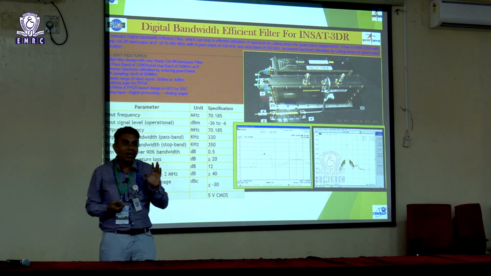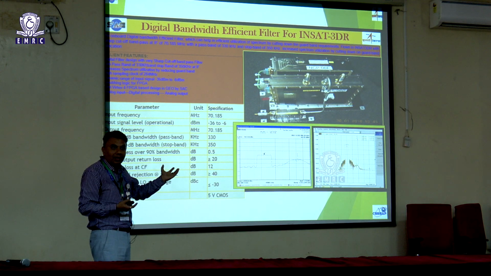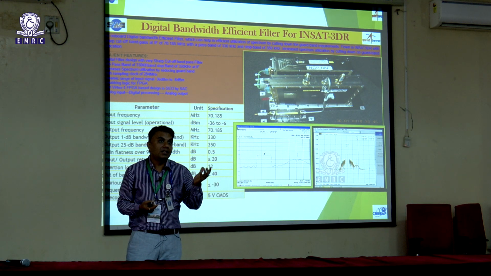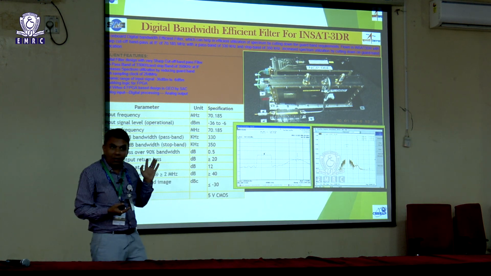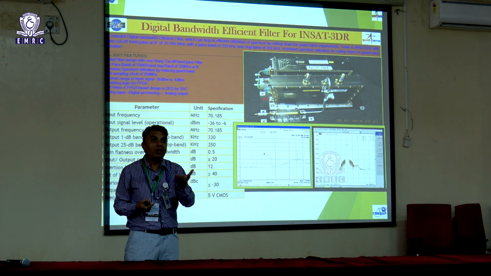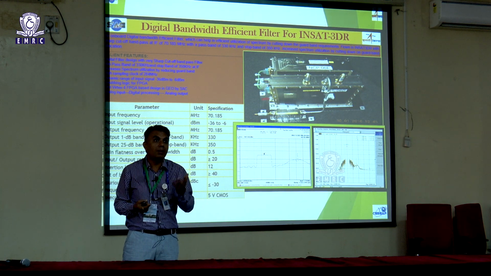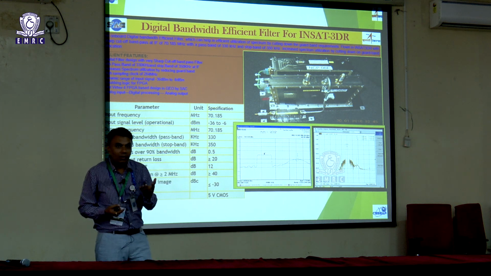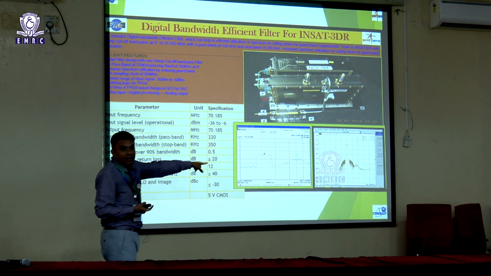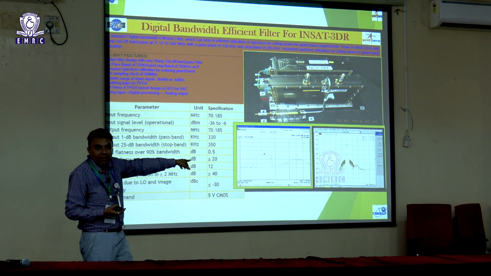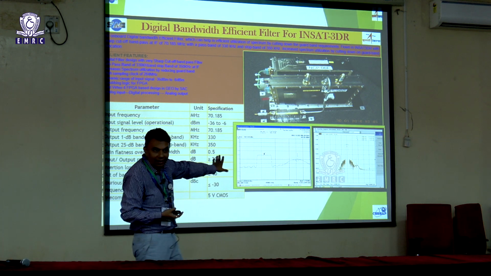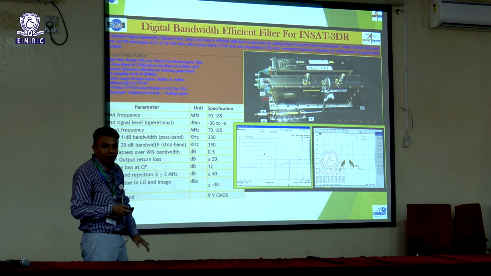So in order to reduce the tap order, we went for a multi-rate FIR approach, which is called a multi-stage FIR implementation. This 15,000 tap filter we reduced to only a 500 tap filter. These are some advanced signal processing concepts we can utilize, the multi-stage FIR filter approach. We used it to design the filter, and on the right hand side you can see the realized response, a brick wall type of response. No filter other than a digital filter will give you this type of response. This satellite has already flown and its performance is all okay.